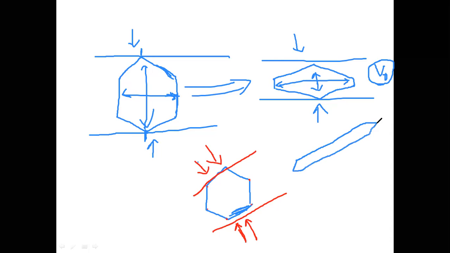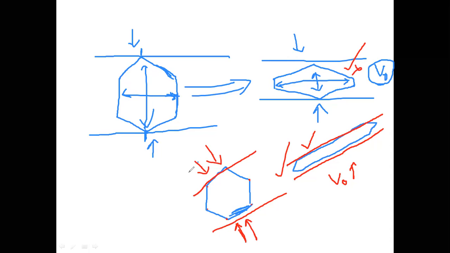For the same applied force, previously this is the amount of deformation, and now this is the amount of deformation, right? So the output voltage increases now, and this is correct. This is the correct method of applying force. This is the wrong method of applying force. Okay, but there are some circumstances in which we will use vertexes also.